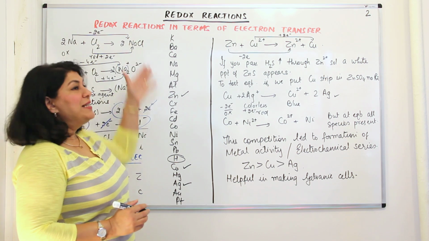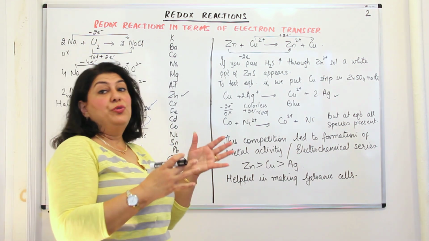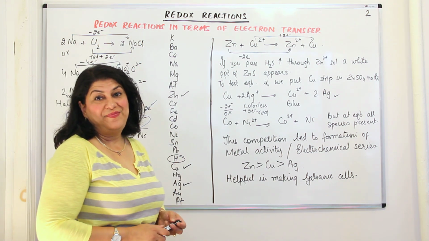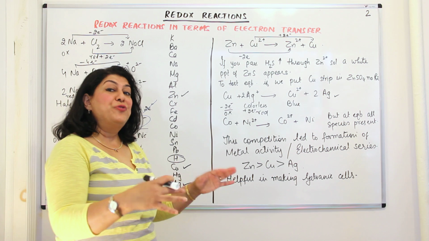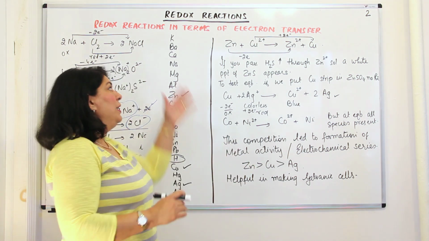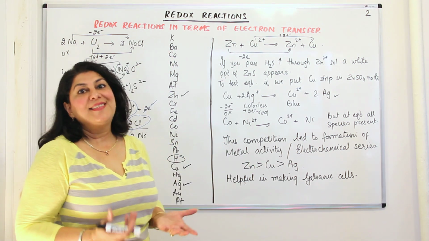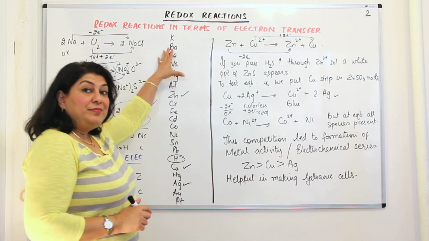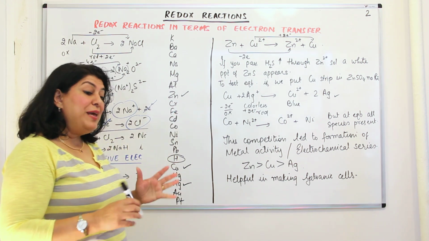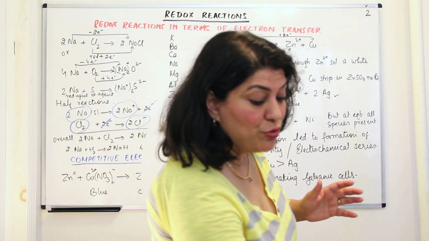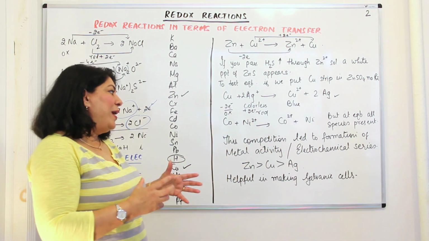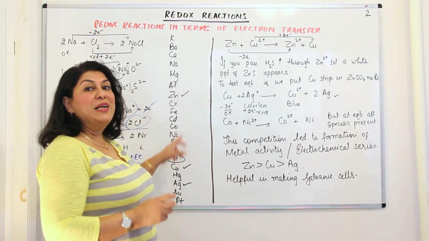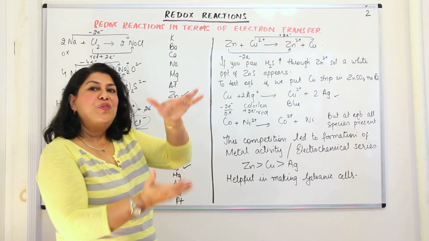So to know which metal is going to reduce the other one, you must know the metal activity series, right? Its capacity to reduce the other metal would be known by its capacity to get oxidized itself. So that is the metal activity series. And where do we use this knowledge? When we make galvanic cells, you will be studying electrochemistry in class 12. When we make galvanic cells, we choose electrodes and solutions of metals which have a large difference between their